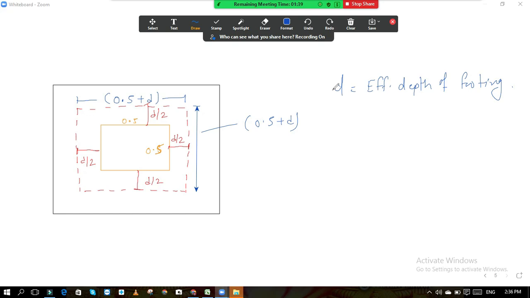I will tell you in Hindi, and then the entire thing I will explain to you in English. Okay, so in both languages, English and Hindi, I will tell you. So first of all, what is here? This is the footing, the outer part is the footing. Inside the footing, what is here? This is the column. What is the size of the column? It is 500 mm by 500 mm. So it is 0.5 meter by 0.5 meter.